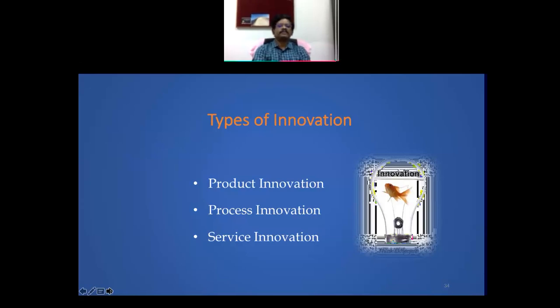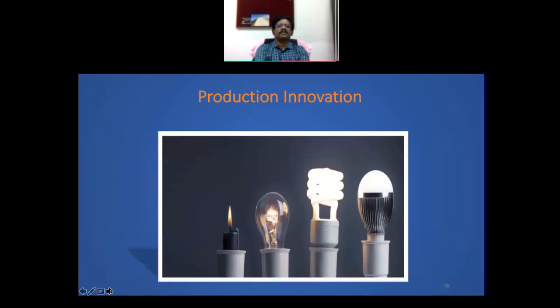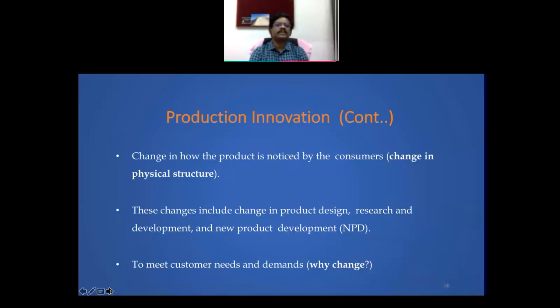Right? And the types of innovations. If you look at the product innovations, it is like innovating the bulb, innovating the mobile, innovating the chair or a table, like making any kind of manufactured product. That comes under product innovation. So product innovation is like a change in how the product is noticed by the customer, a change in the physical structure. You can just think of any product and then the same product